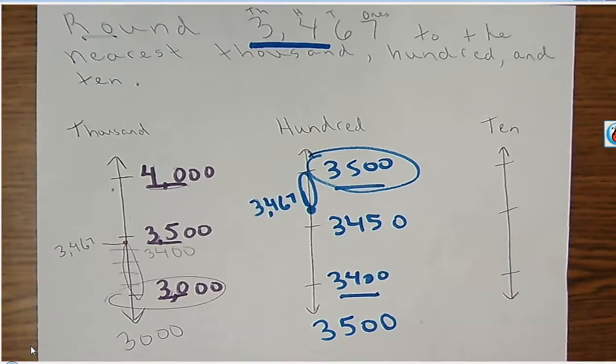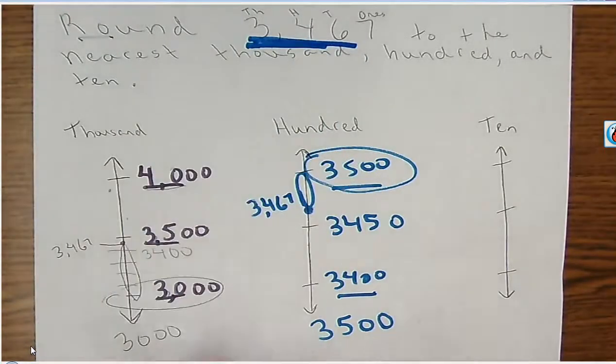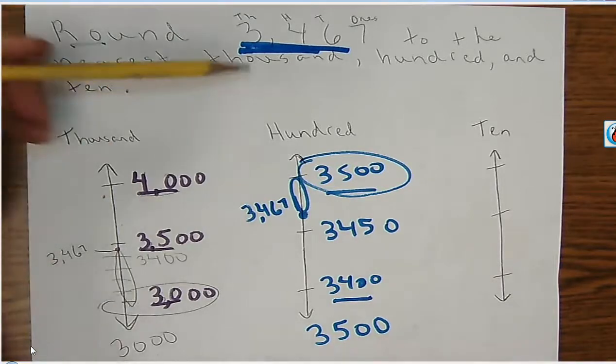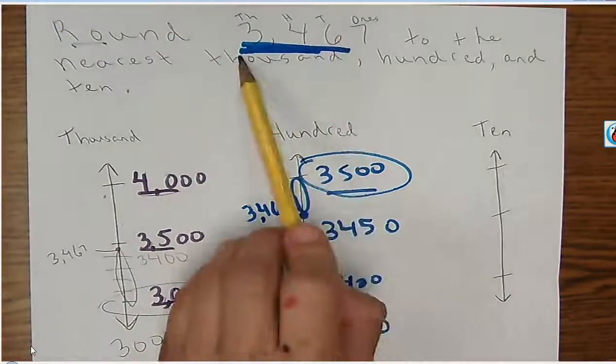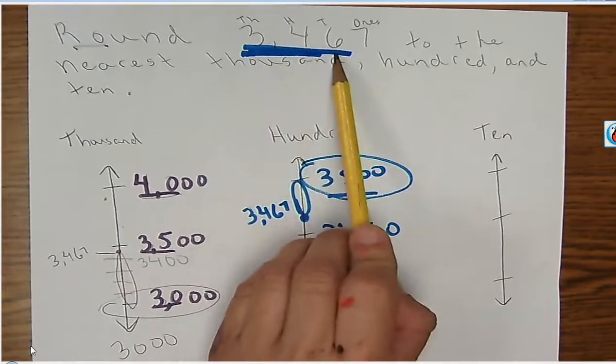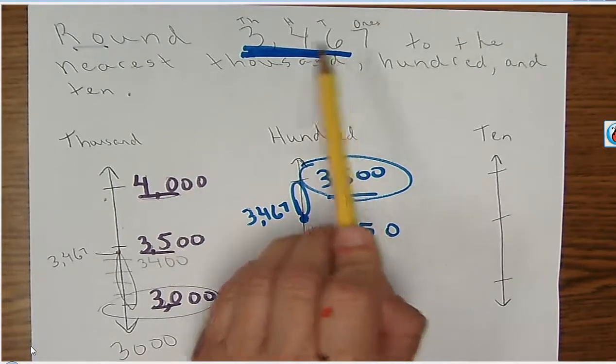All right, the nearest 10. So if we underline all the way to the tens, the top, look up here, we could think of it like this. I have 346 tens. So your low is going to be that number, 346 tens. Well, 346 tens would be 346 times 10. So that would be